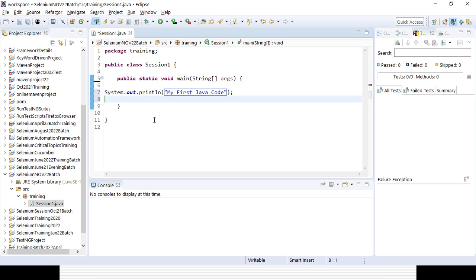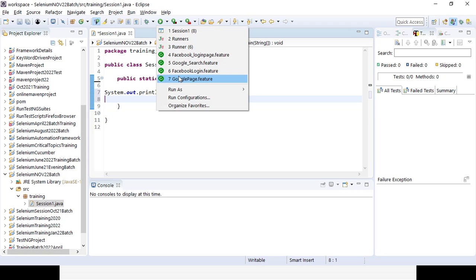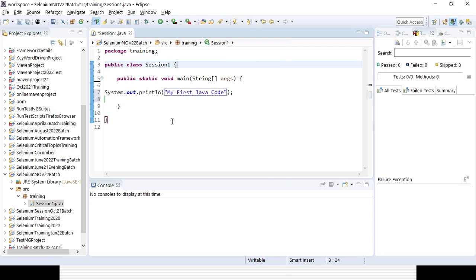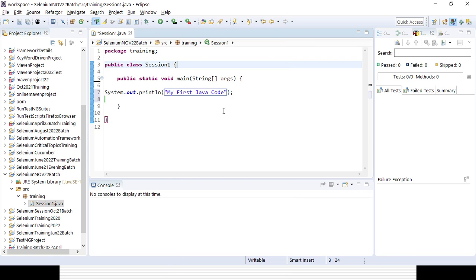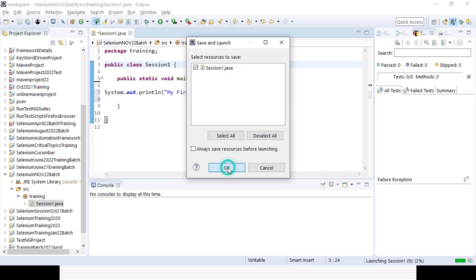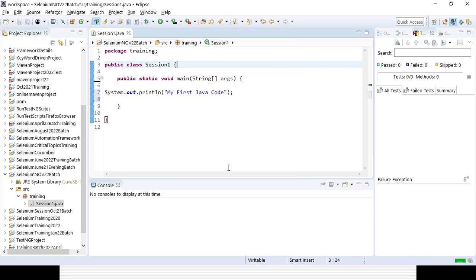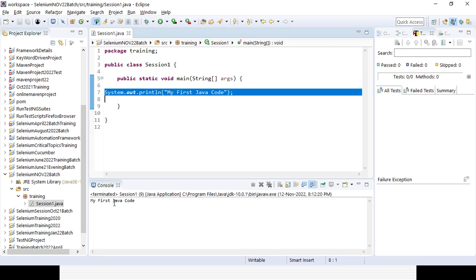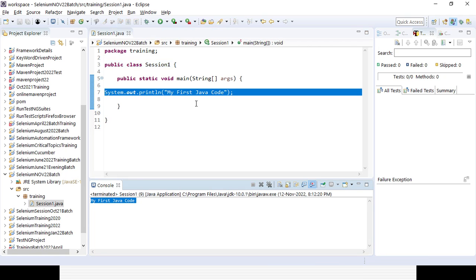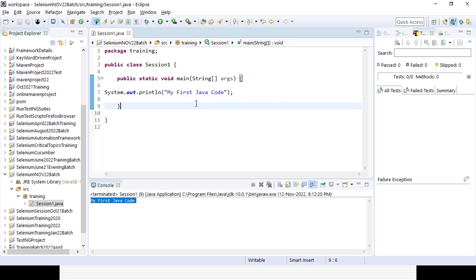So how we can run our project or code? So there is an option called run, right? You can run it, run as Java application, or you can right click here in the editor and run as Java application. So automatically it will try to execute your code whatever is written in the session1 class, and it will print out something whatever is written in the console. You could see that the console is coming. So that way we can start with creating some sample code in your Eclipse.